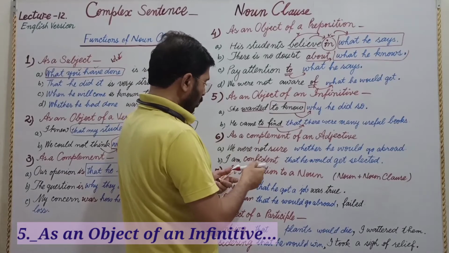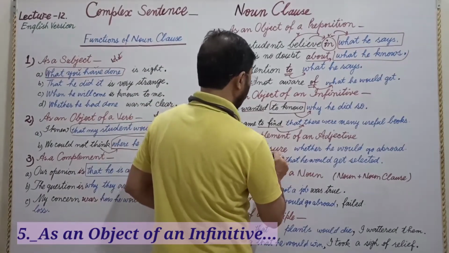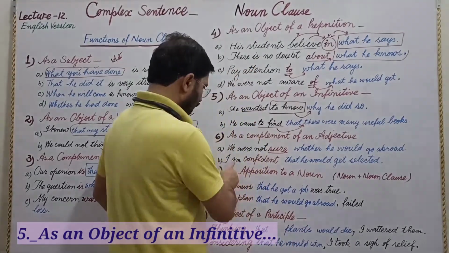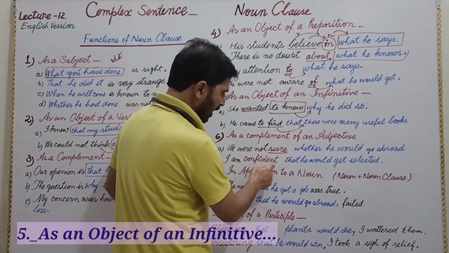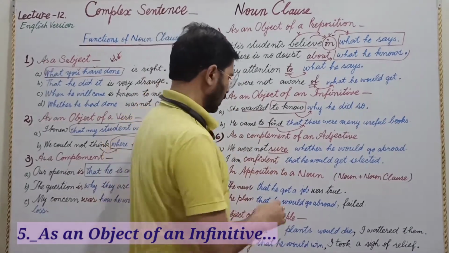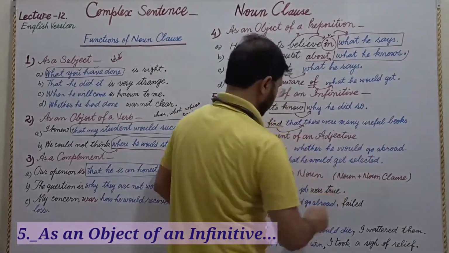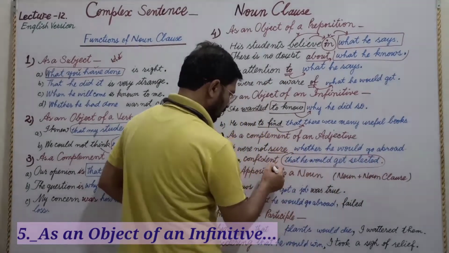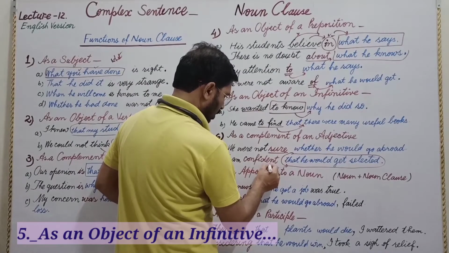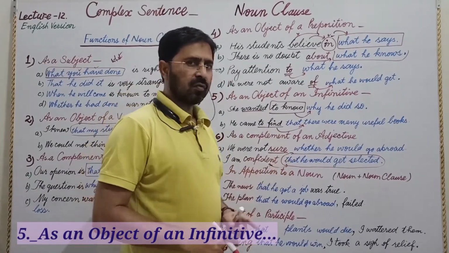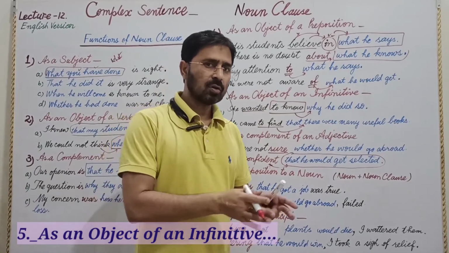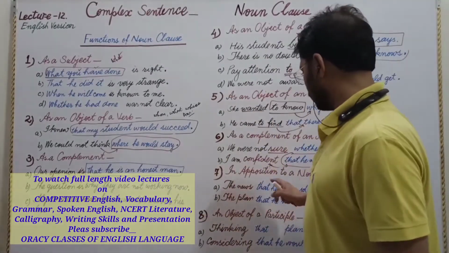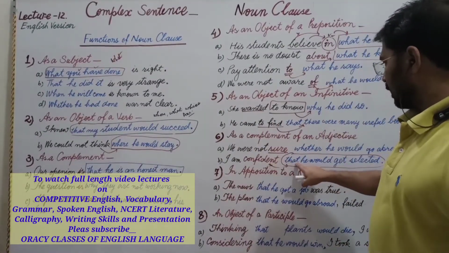Now, but we are going to complete the sense of the adjective. Not only the adjective, but we are going further in the sense of the adjective. I am confident. Confident is an adjective, and we are explaining what type of confident here, that he would get selected. It means whatever we are saying, writing, speaking further in terms with confident, that is the complement of the adjective, that is making the sense of the adjective complete, and making the sense of the whole sentence complete, is known as complement. Now it is a complement of an adjective.